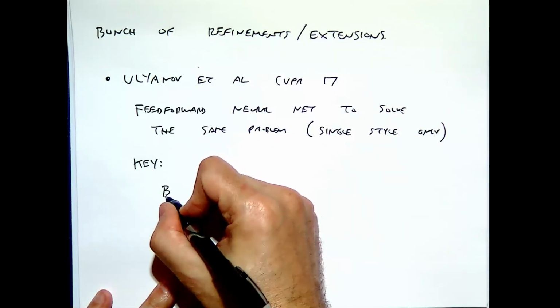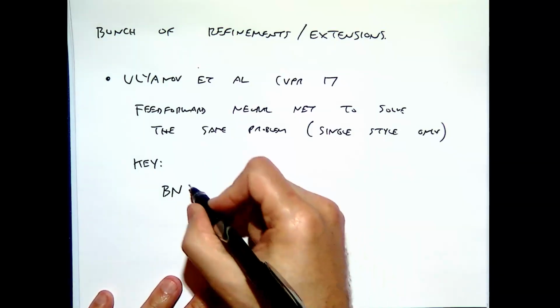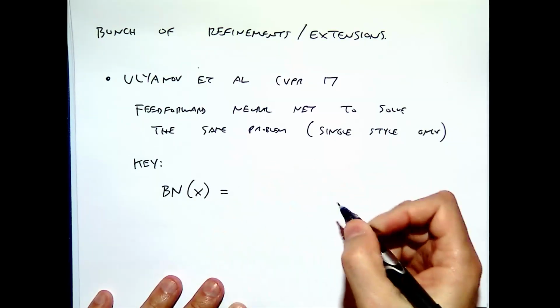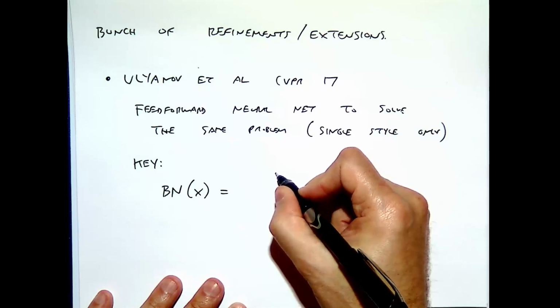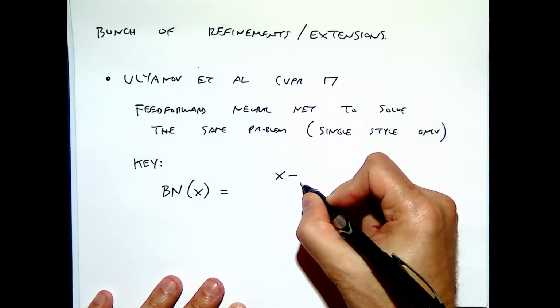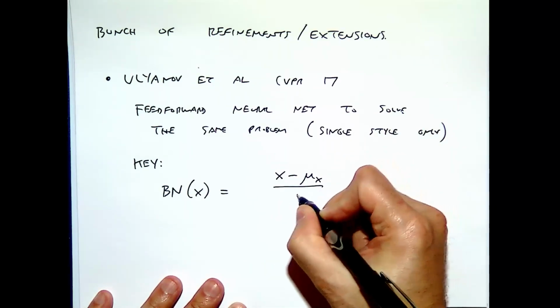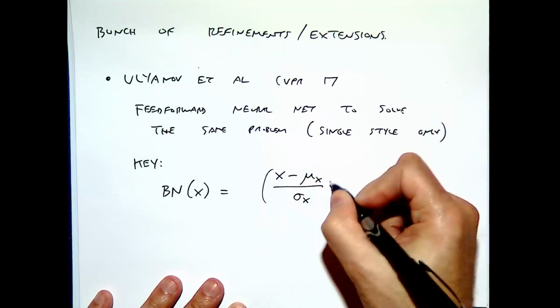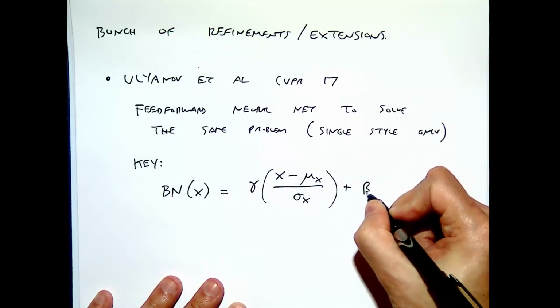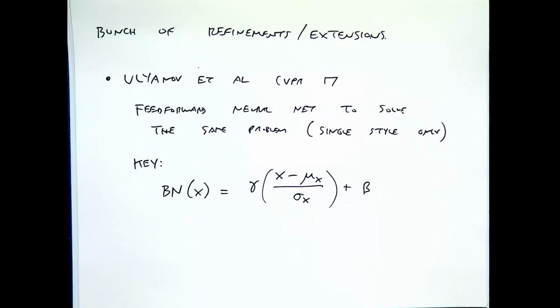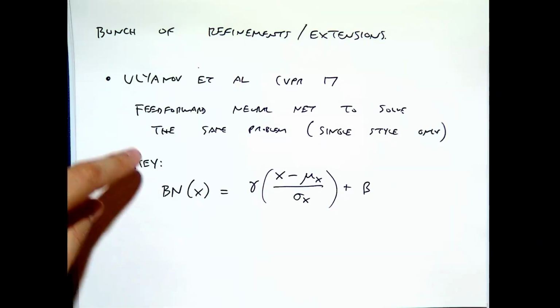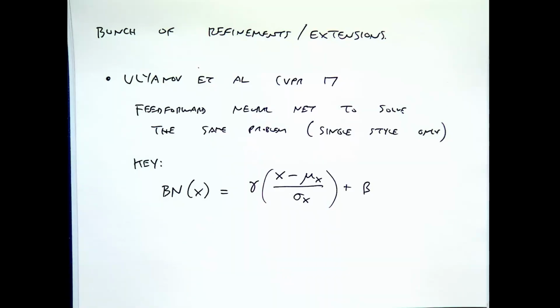may know from neural networks batch norm, right? Batch normalization. So batch normalization we talked about before is like saying, I take a batch of features, I subtract off their mean, I divide by their standard deviation, and then I multiply that by some new scale and shift to change the variance of the batch and the mean of the batch, right? So, this is done all the time in neural networks, and the observation from this Ulyanov paper was instead,